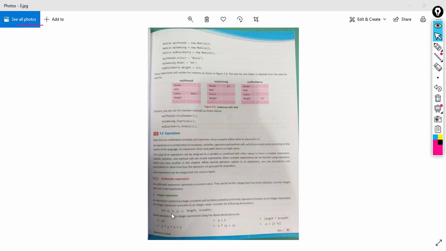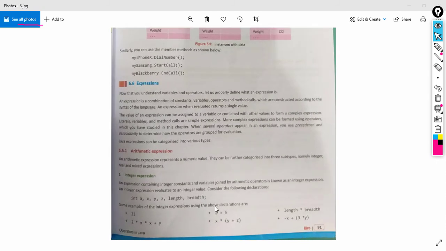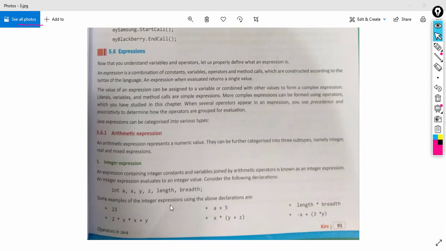Here you can see we are declaring many variables of type int, and it shows some examples of integer expressions. See 23. Which type of literal is 23? Integer literal. So simply 23 is an integer expression.